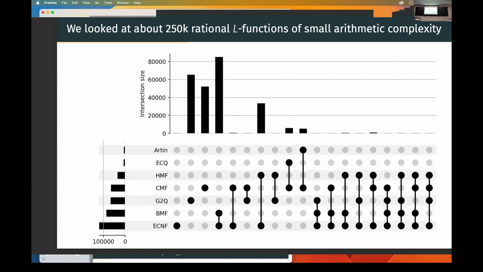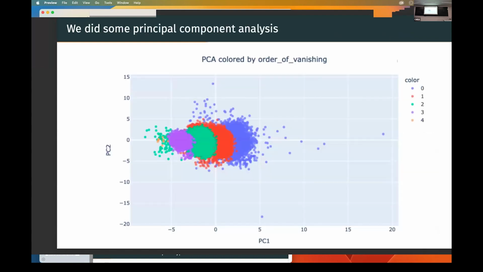So the first thing we really care about, motivated by something like the Birch–Swinnerton-Dyer conjecture, is the vanishing order of the L-function and its special value. If you do that, you can start by doing some principal component analysis, where I see some separation. Our data was like we give the APs for the primes up to 100. So we didn't give all the prime powers, the APs, and we did some simple principal component analysis where we